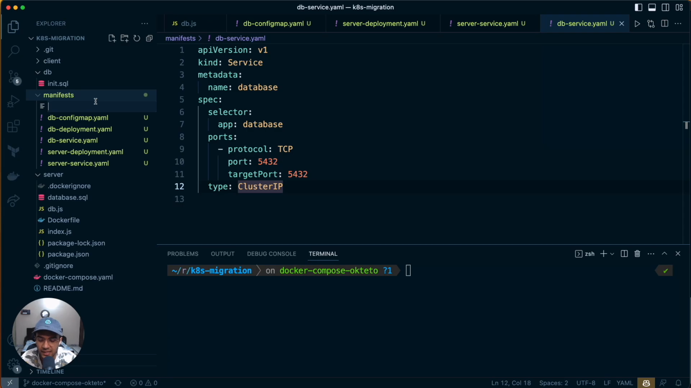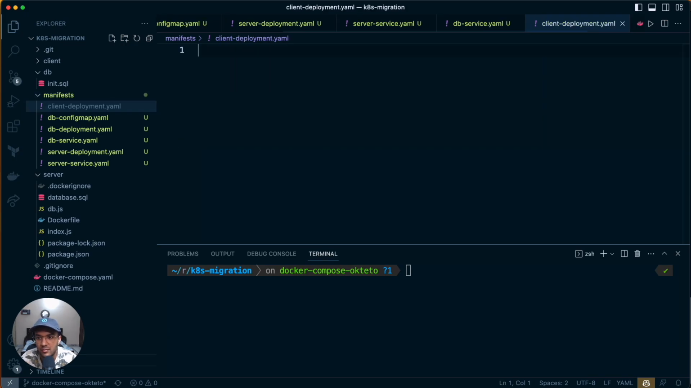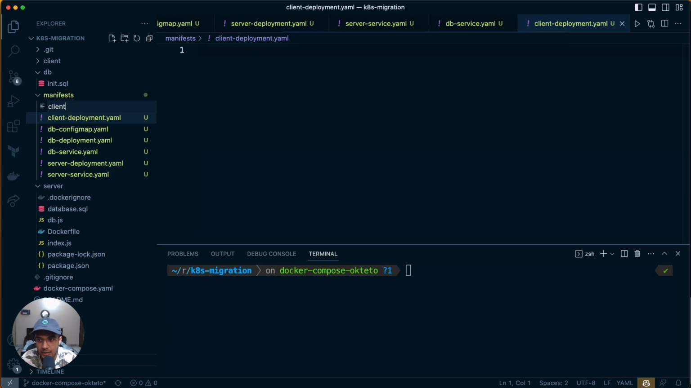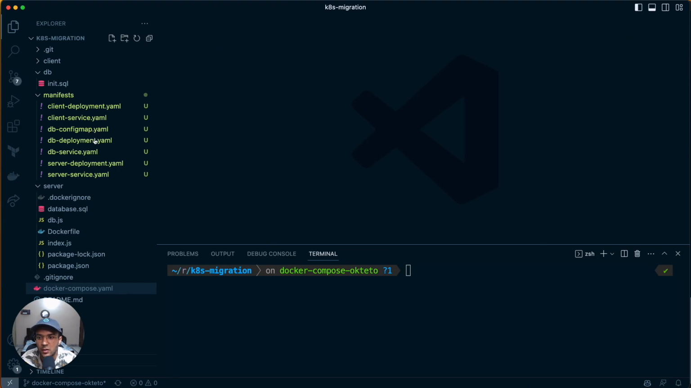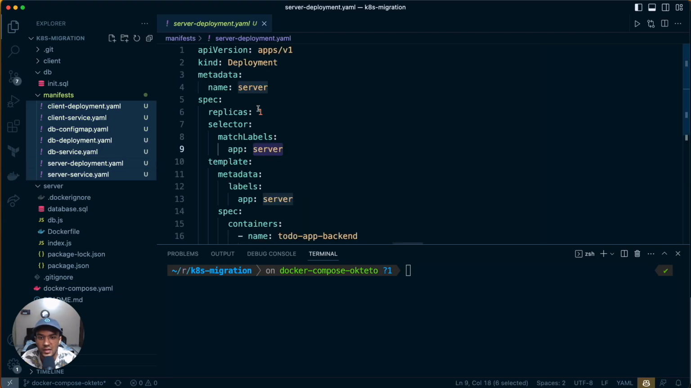So let's create the files for that, and I'll create a client.deployment YAML and a client service YAML as well. And I have too many of these open. Let me just close some of them. What we can do is simply copy paste stuff from our server deployment, because things won't be too different. So we'll change all the mentions of server with